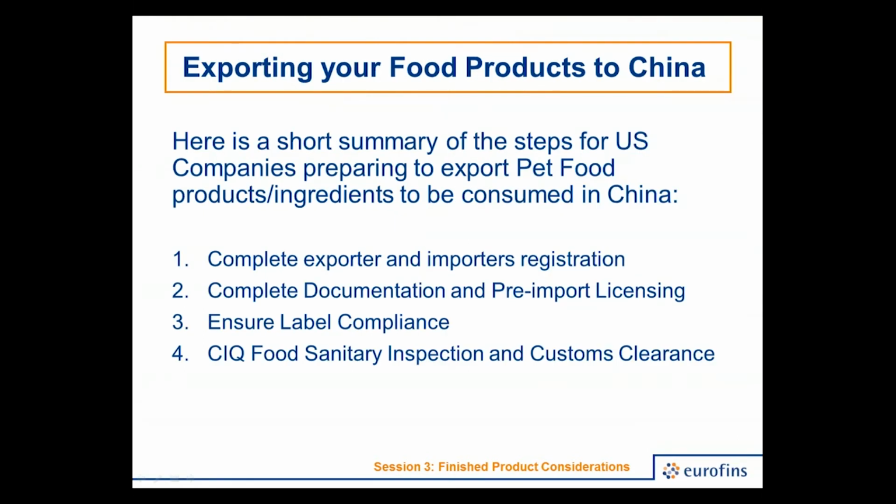So here's a short summary of the steps U.S. companies need for preparing to export pet food products and ingredients to be consumed in China. As you may know, China has its own set of standards referred to as GB standards. Companies should not assume that pet food products or ingredients that have been tested and approved to FDA or ISO standards will necessarily comply with China's GB standards. Similar tests should be performed. It's incumbent on the U.S. companies to have their pet food products tested before the shipment leaves from the U.S. to the China market. The last thing you want is for your shipment to be seized for improper documentation, testing,